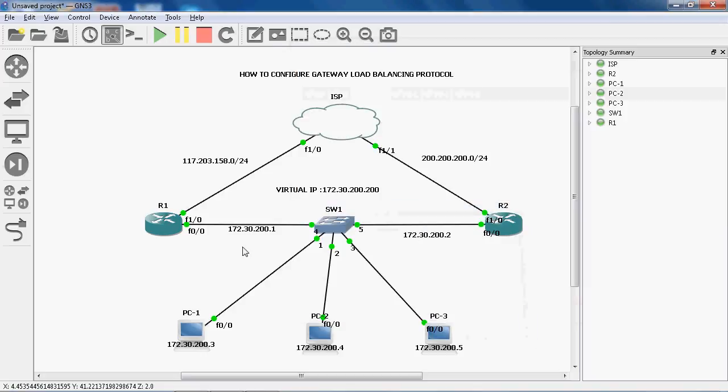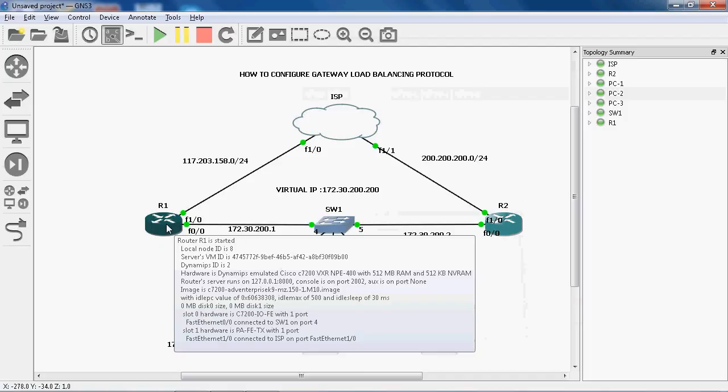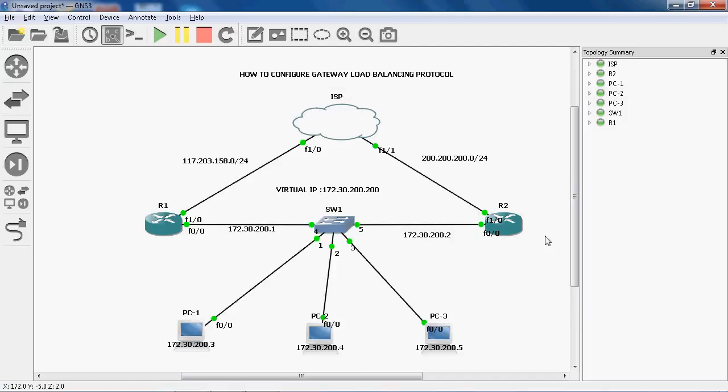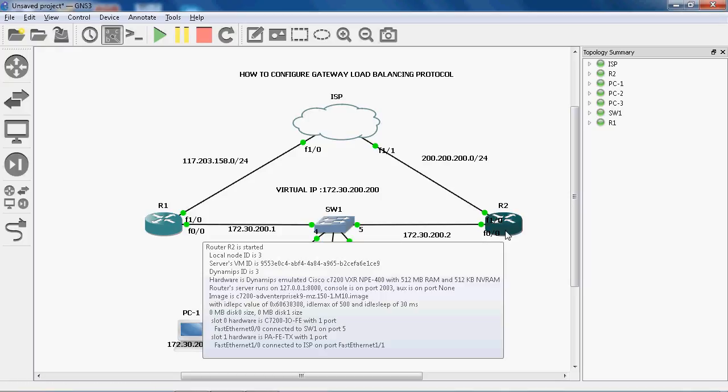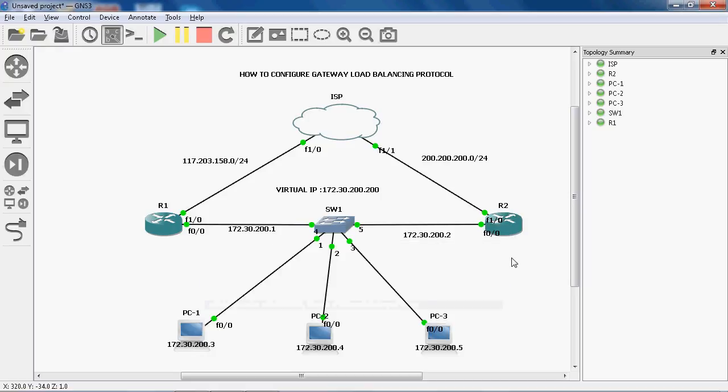So once we have enabled preemption in R1 router and R2 router, here the priority value of R1 router is the highest value, 200. So this router is an active virtual gateway and this router is an active virtual forwarder, and R1 router acts as both active virtual gateway and active virtual forwarder. So now the FastEthernet 0/0 link goes down. So now the R2 router, which is the active virtual forwarder, automatically goes to active virtual gateway state. Now this router is responsible for active virtual gateway and active virtual forwarder. It's in active state. So once this router's FastEthernet 0/0 link comes up, it automatically goes to active state because the priority value is highest. If you are enabling preemption in R1 router and R2 router, it automatically goes to the active